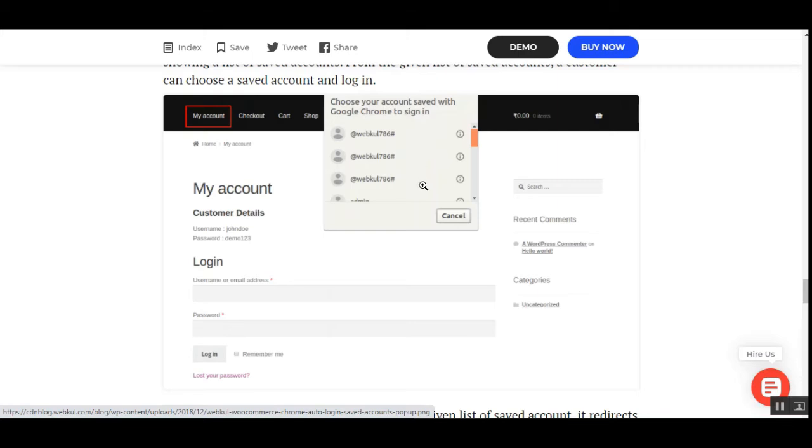Now, basically, after selecting any of the accounts there, then you'll be redirected to your my account page for that particular account. And on this pop-up, if the customer taps here on the cancel button, then it will redirect the customer to the my account page for a normal login, as we know.